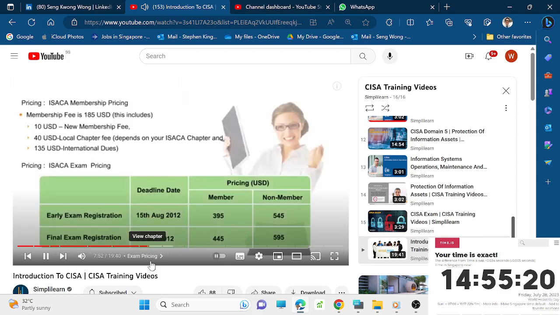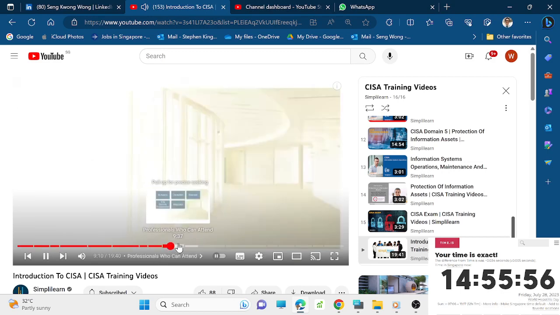A candidate can opt to register for the CISA exam as a member of ISACA or a non-member. Early bird registration is cheaper by $50, while if you register as a member, it is again cheaper by $50, as shown in the table in the slide. ISACA membership is priced at $185, as per the breakdown shown. Remember, the local chapter dues, which make part of the membership fees, may vary depending on the local chapter,